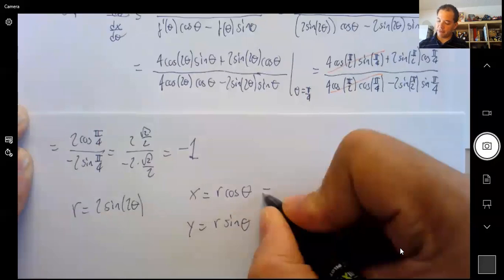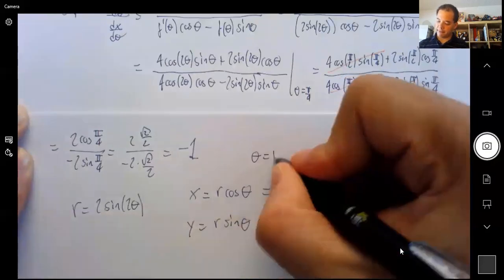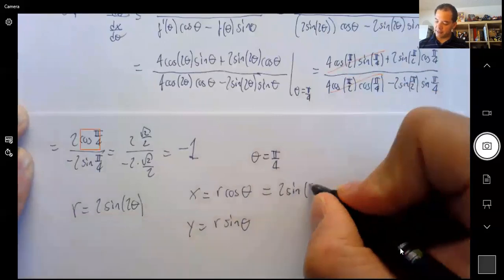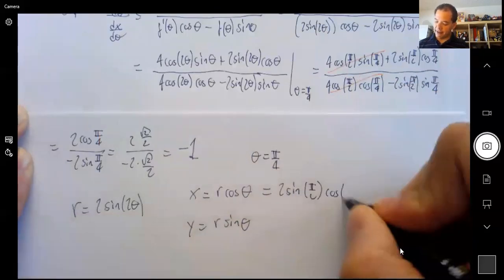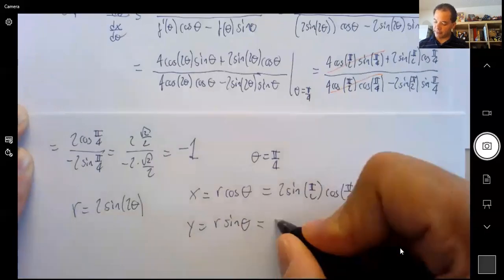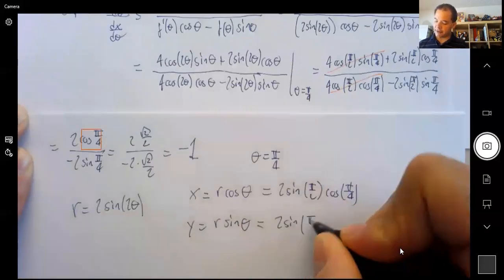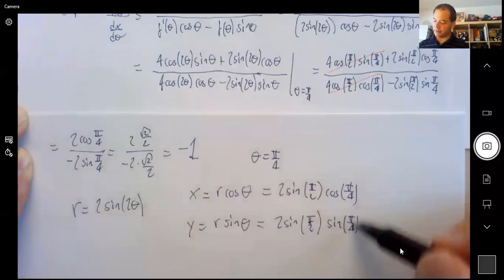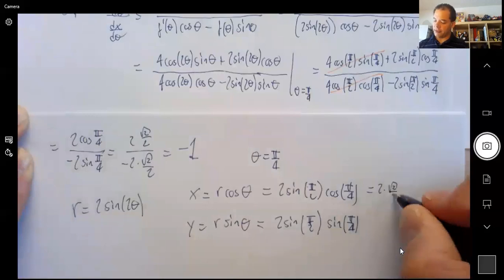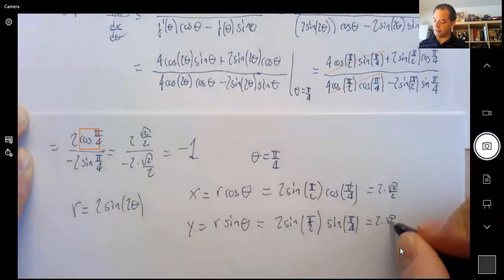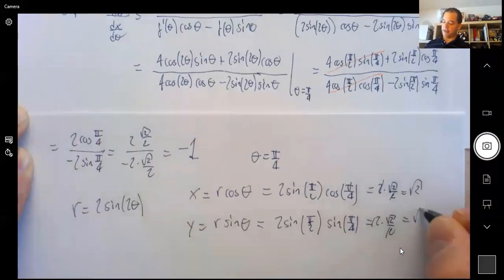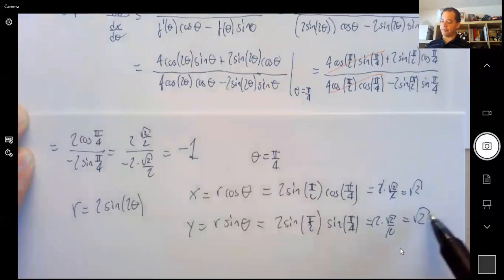When theta is pi over 4, you get for x, 2 sine pi over 2 times cosine pi over 4, and for y, 2 sine pi over 2 times sine of pi over 4. Again, these are ones, and these are radical 2 over 2, so this is 2 times radical 2 over 2, and this is also 2 times radical 2 over 2, so this is radical 2, and so is this one. So the point is radical 2 comma radical 2, and the slope is -1, so then the equation is